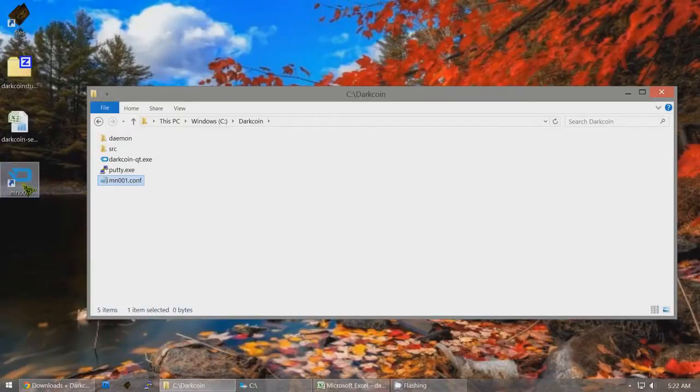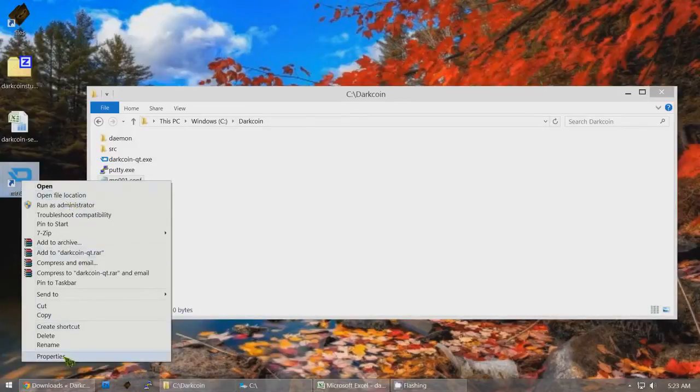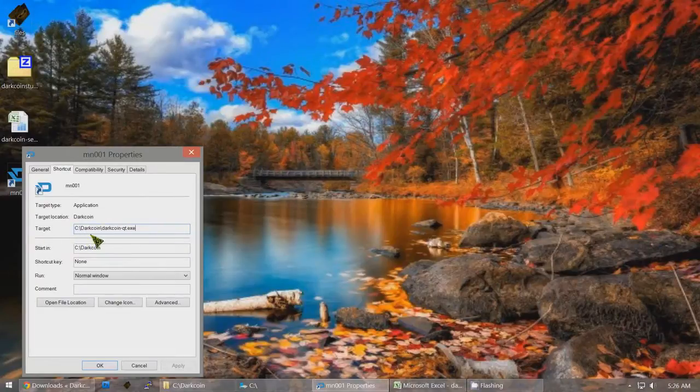On this shortcut, now you can right-click on it and go to Properties, and you'll see the target under the Shortcut tab. The target is C:/Darkcoin/darkcoin-qt.exe. I'm going to have you add this to the end of it. Okay, after the darkcoin-qt.exe, make it space -DATADIR equals C:/,